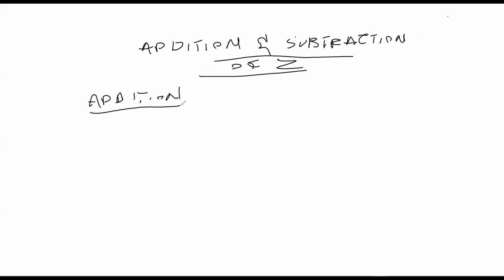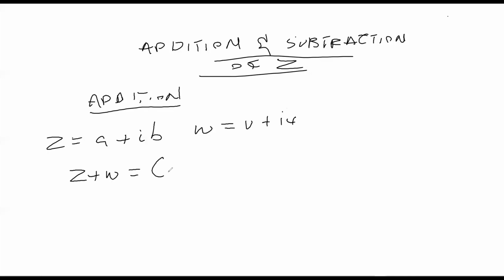So with addition, we have a situation whereby we have, let's say, z is equal to a plus ib, right? Then we also have w is equal to u plus iv. Okay, so what we simply mean when we add the two complex numbers is this. We can do it this way: we're going to have a plus ib plus